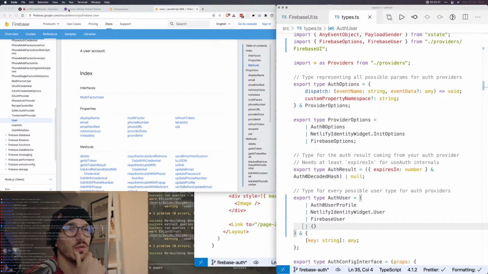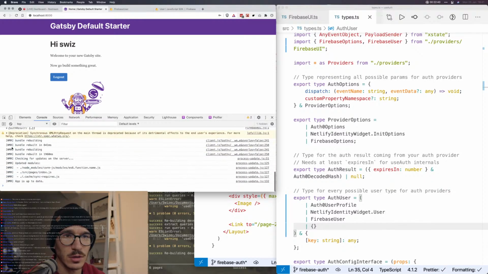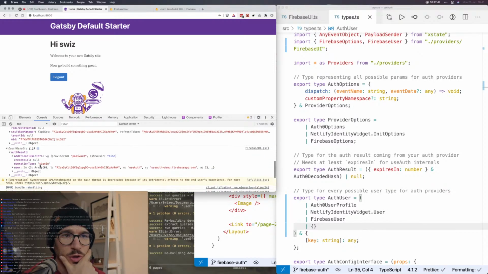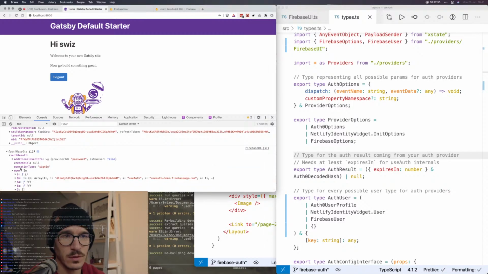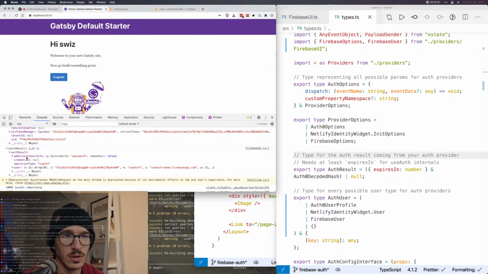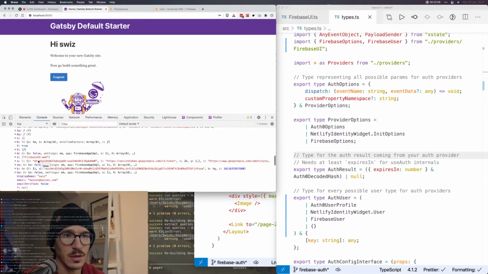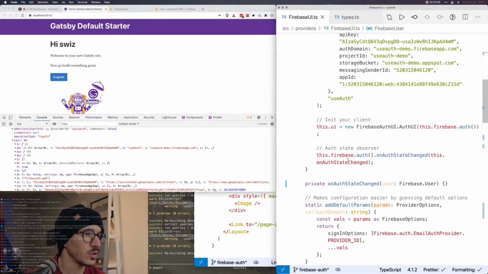And now we need to figure out what the auth result looks like. The auth result is here. So we have the auth result, which gets the user, operation type, the full user, the credential, the additional user info, but it doesn't get an expires in. So we are going to pass the full auth result back to